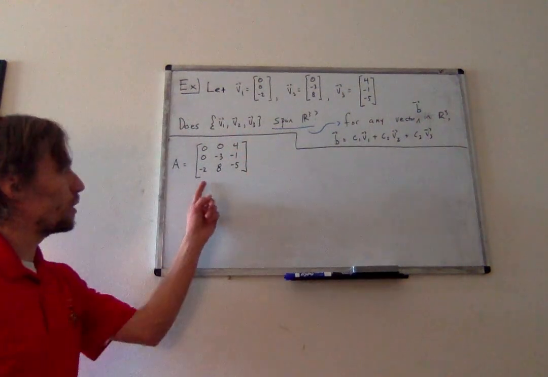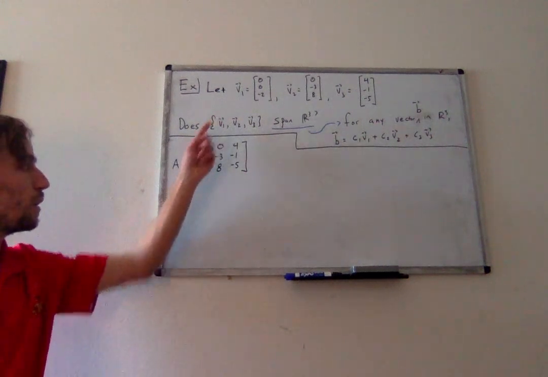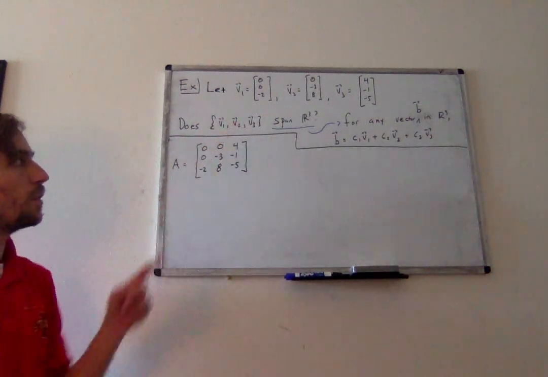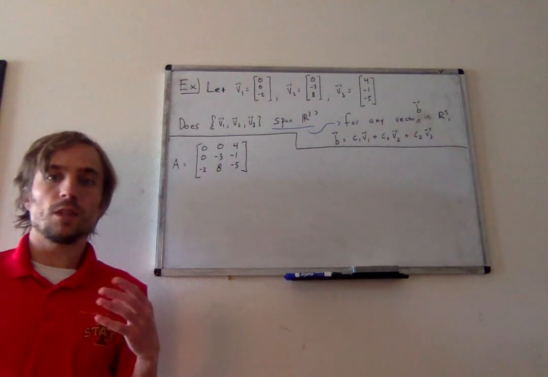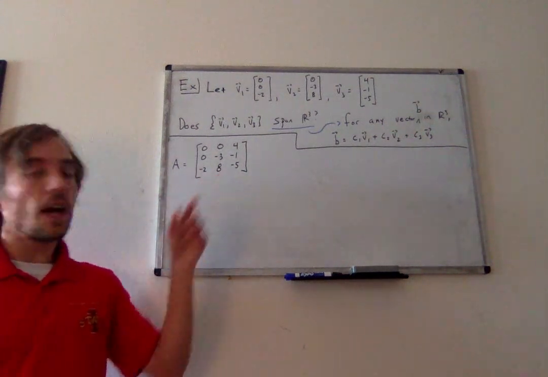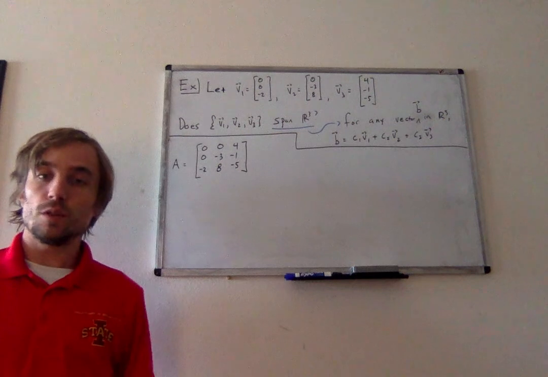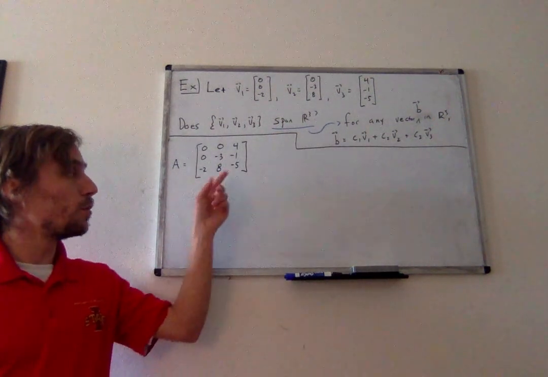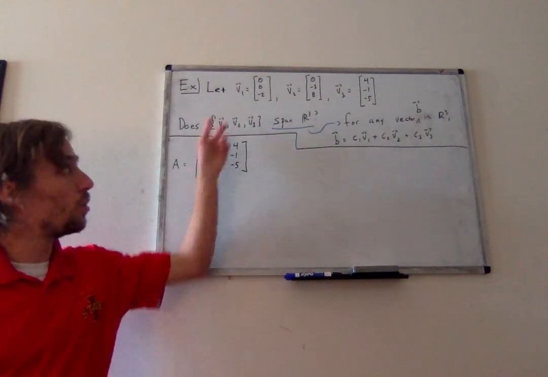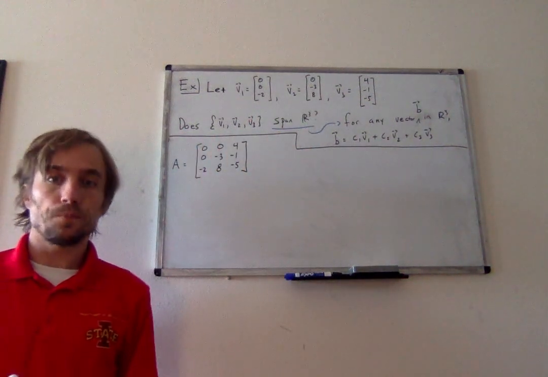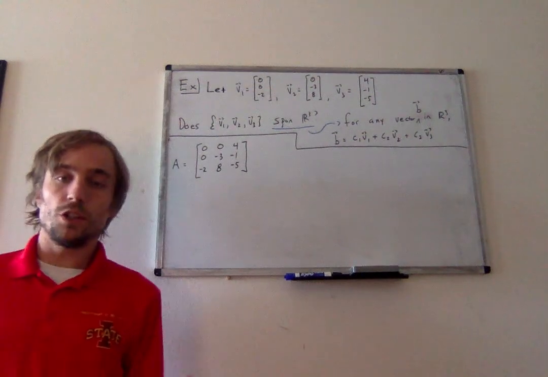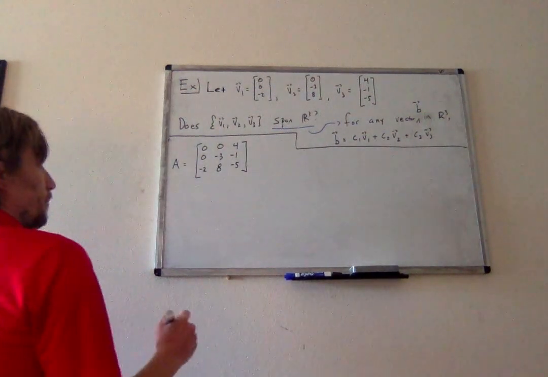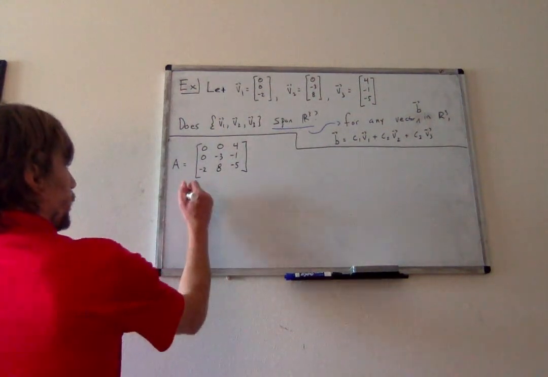Right, so notice now I've just defined a matrix A whose column 1 is V1, column 2 is V2, column 3 is V3. And so what Theorem 4 tells me is that if I row reduce A and give a pivot in every row, that is, get a leading 1 in every row, then the columns of A span R3. So these three vectors would span R3. So what I want to do is row reduce A. So doing this,